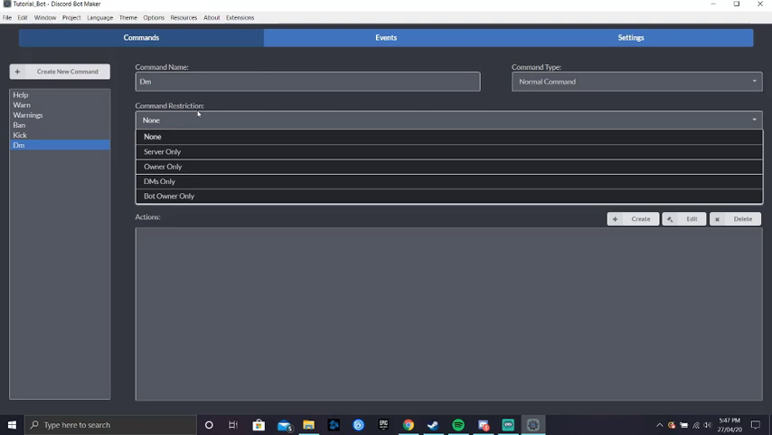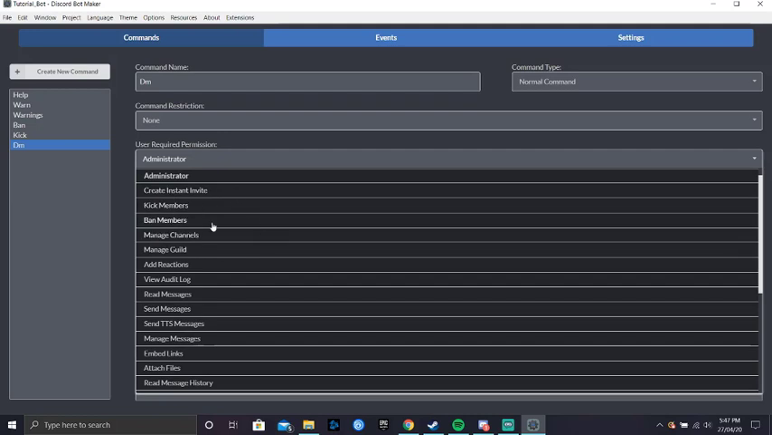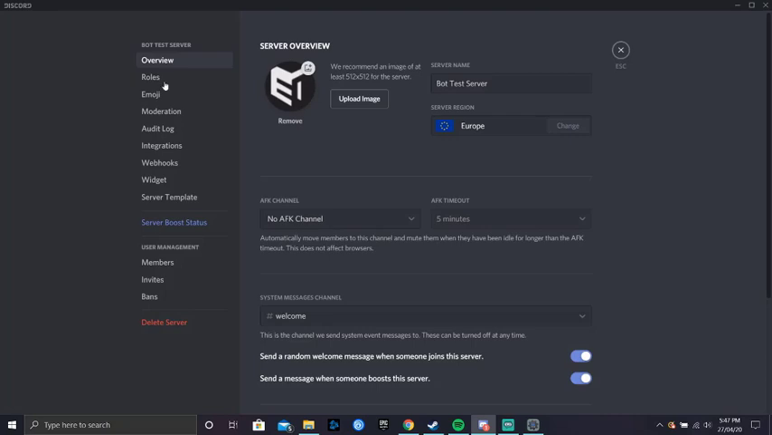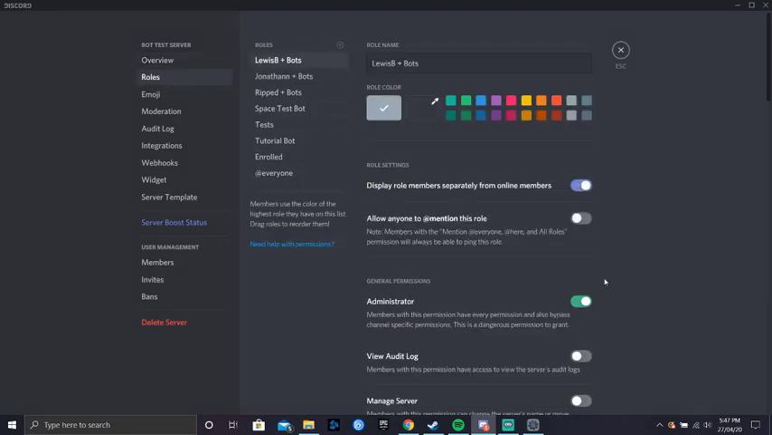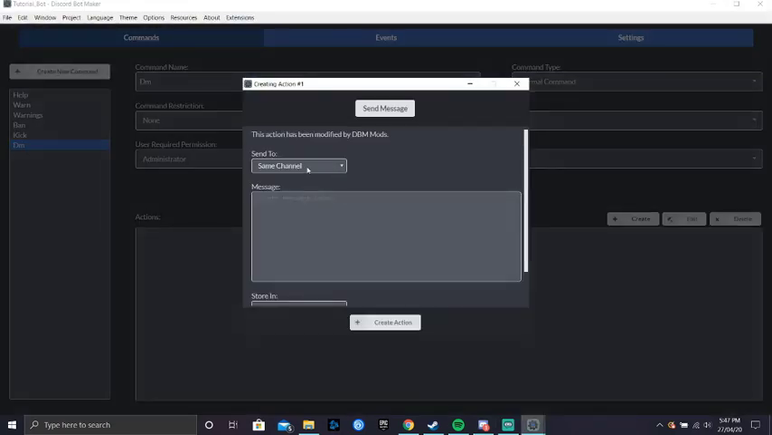Yeah. So this is command restrictions. You want no restrictions really for normal commands. You can do server only, owner only, DMs only, or bot owner only. Or you can do user required permission. For this I have admin, but you can use whatever. An admin basically means that anyone with this checked can do this command. So for DM, all you want to do is send message, mentioned user,